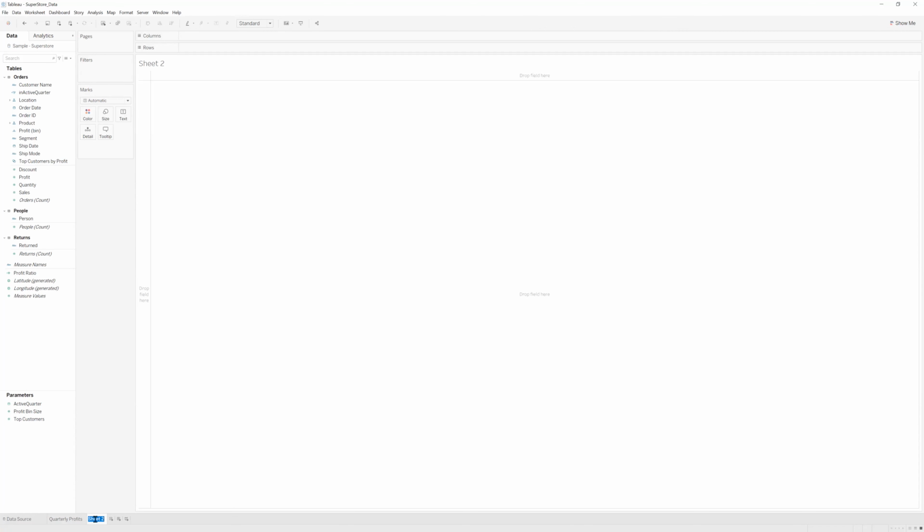In the second sheet, we wanted to calculate growth, profit growth, Q over Q. Before we can put profit growth Q over Q here, we need to create some additional calculated fields. First of all, I want to duplicate the active quarter